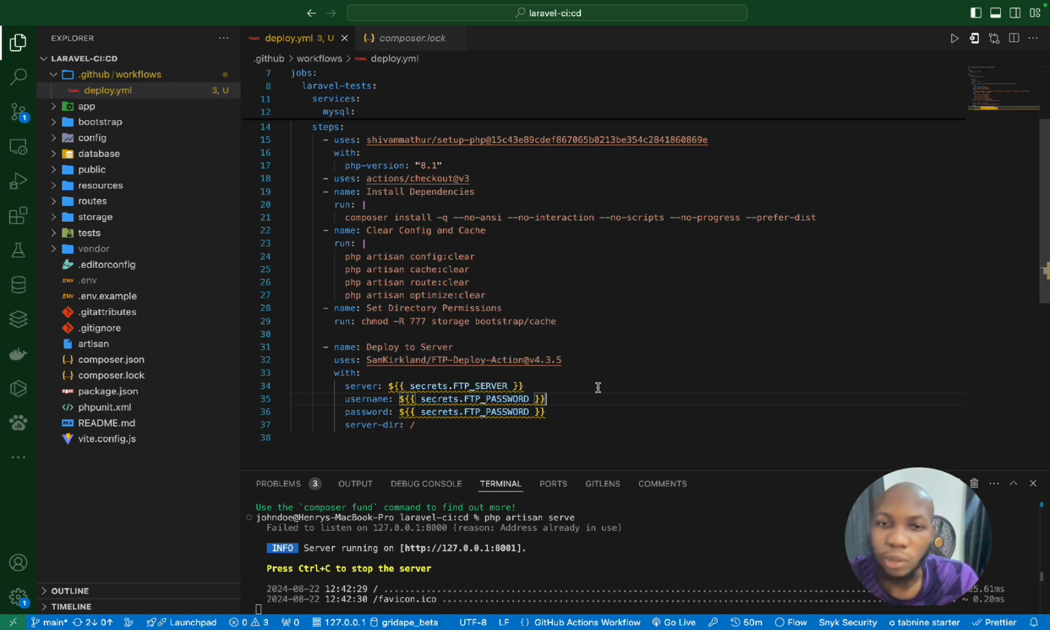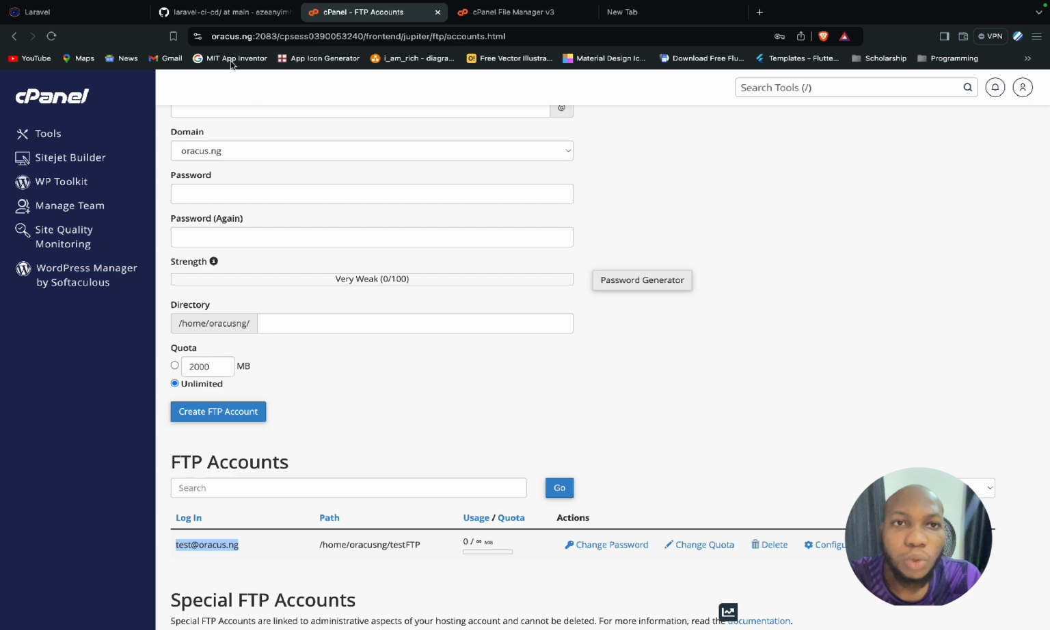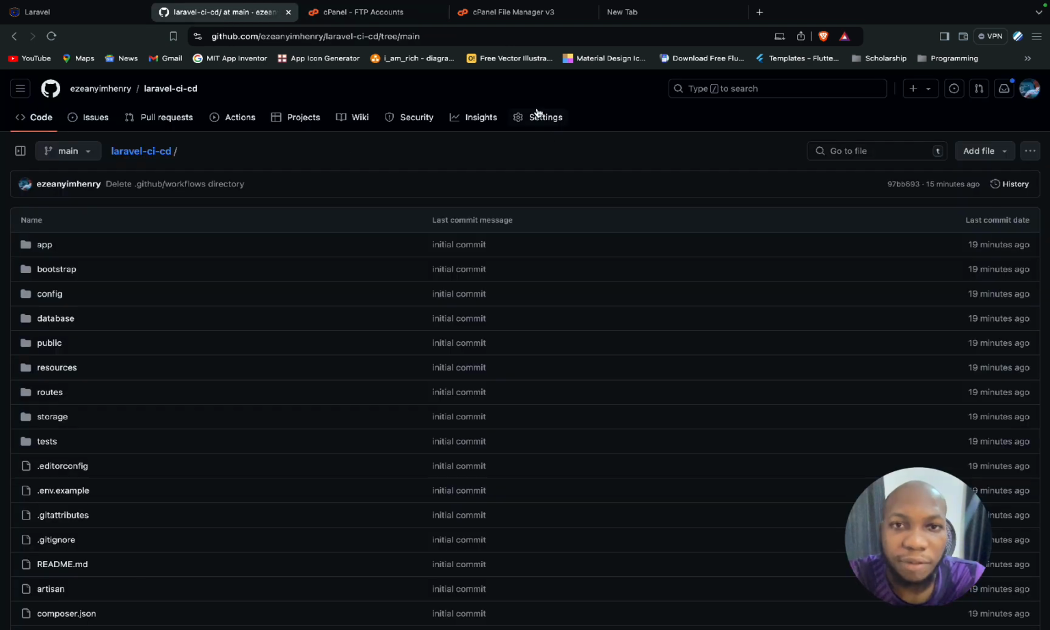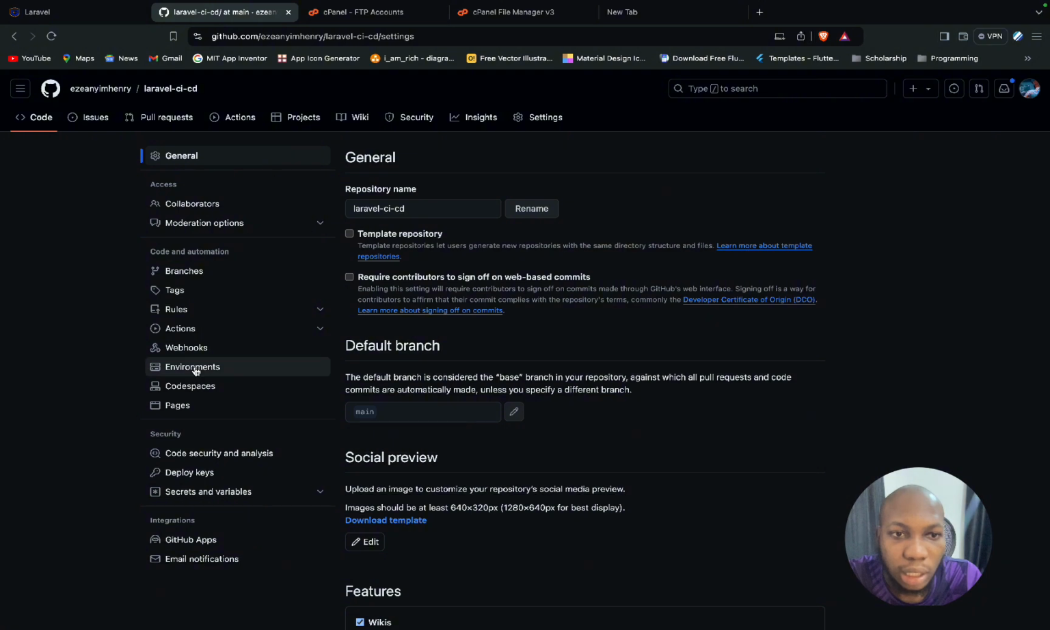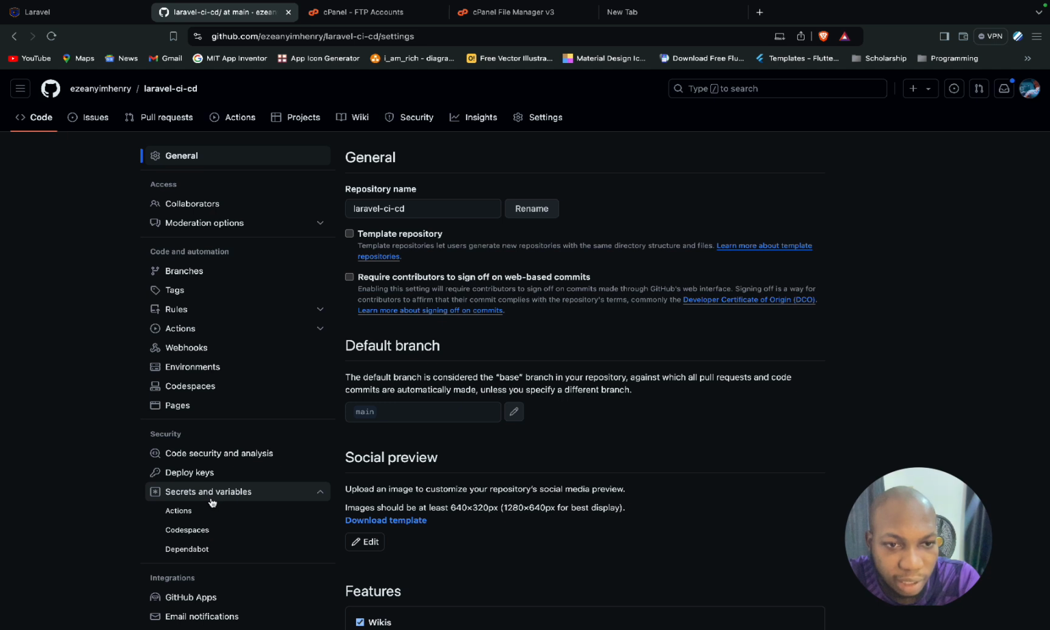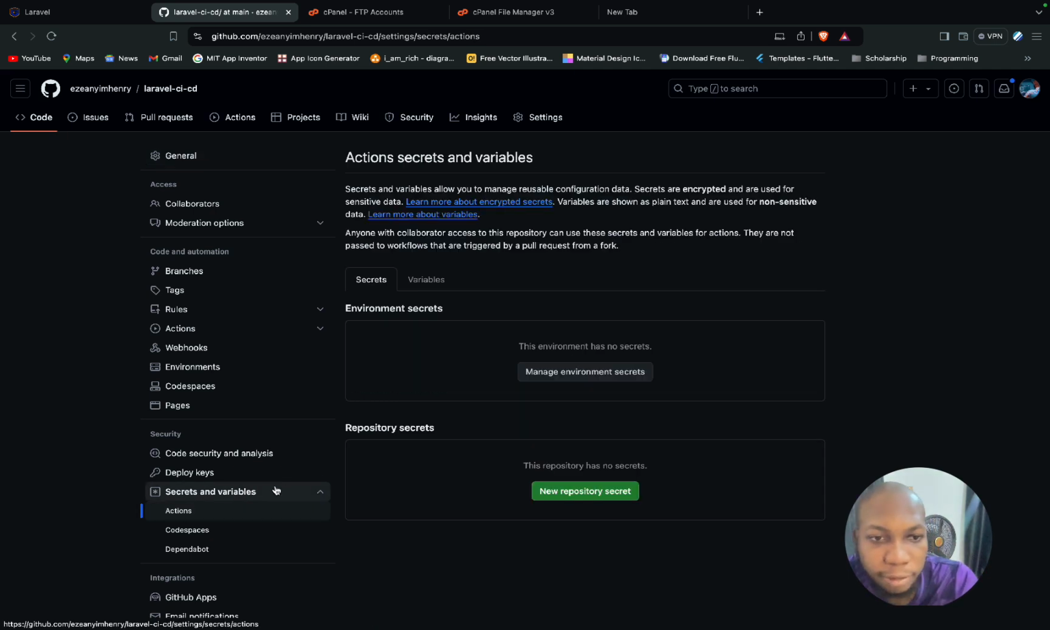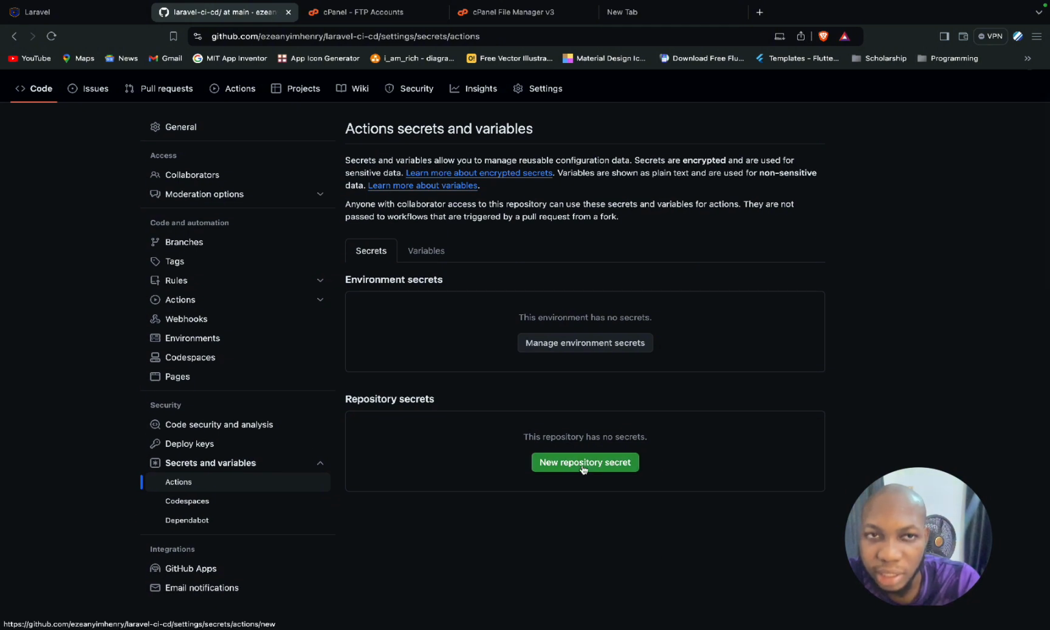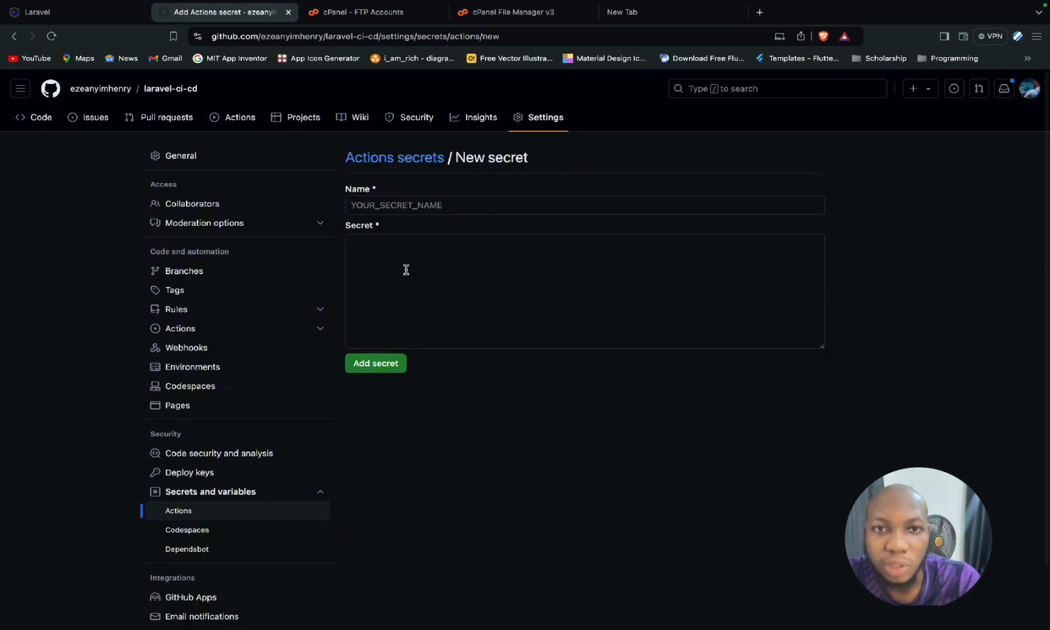If you don't know how to create a secret on your GitHub, you can just go to GitHub. If you navigate to the settings aspect of your GitHub, you would see secrets and variables. Under secrets and variables, click on actions, right? Then you can create GitHub action secrets. So just click on new repository secret like this. I can create a new repository secret, and then